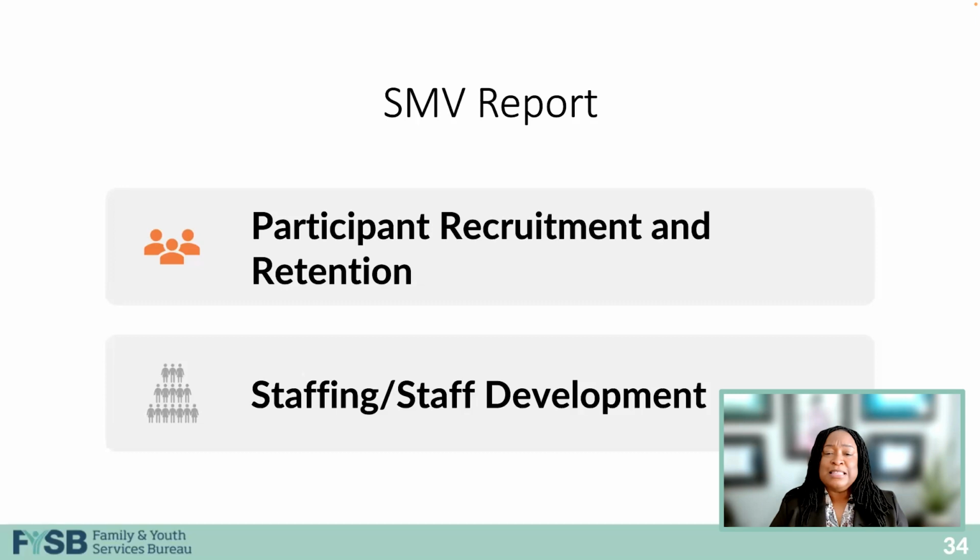participants. The next section on staffing and staff development assesses the effectiveness of your hiring and training program and how it contributes to the quality of services provided to your participants. You will want to ensure that all project staff meet eligibility requirements and that you conduct background checks as required by your local jurisdiction. You also want to take a close look at your staffing levels, making sure that they are adequate to provide program oversight and that you are able to deliver what you promise in your approved grant